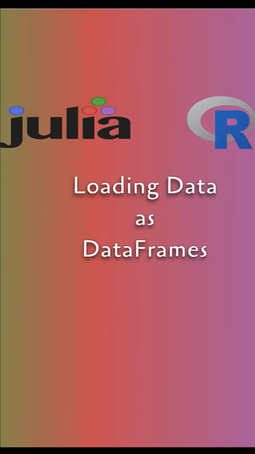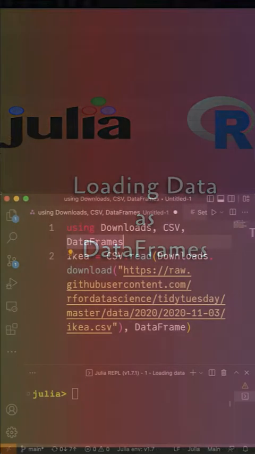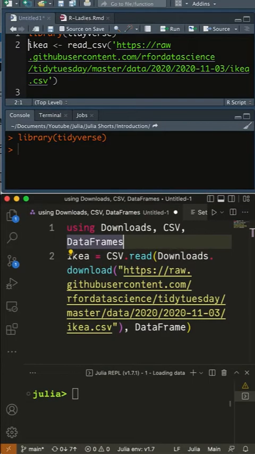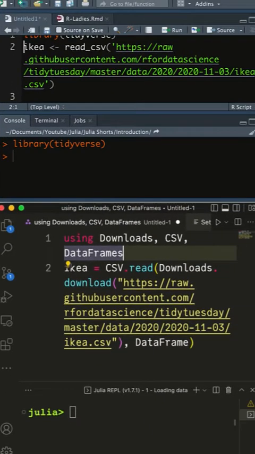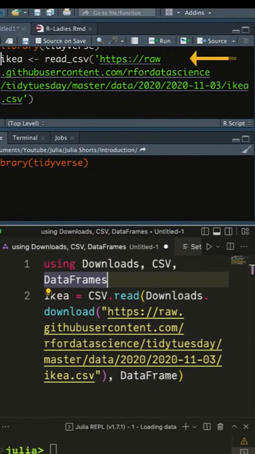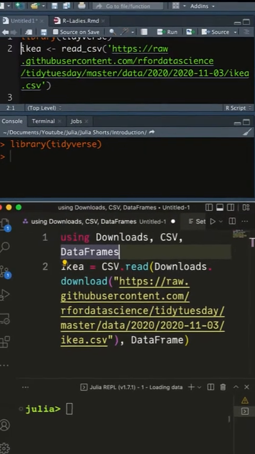The dataset describes IKEA furniture items in Saudi Arabia and their prices in Saudi riyals. In R, you only need to load the Tidyverse meta package that automatically loads a number of packages relevant to data wrangling and analysis, such as the readr package that includes the read_csv function. In our case, the CSV file is downloaded from GitHub and is stored as a data frame assigned to the